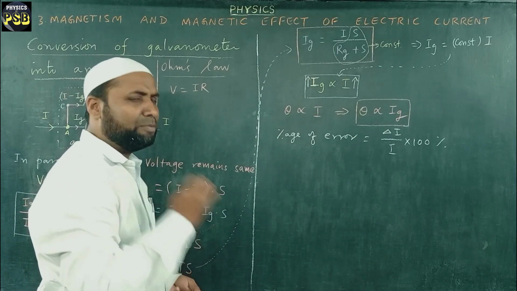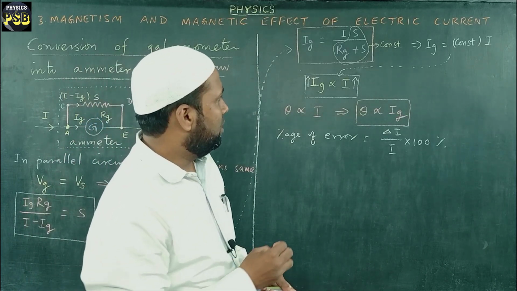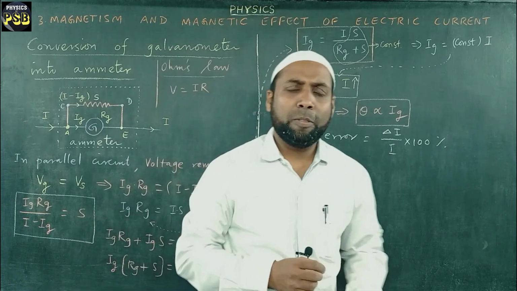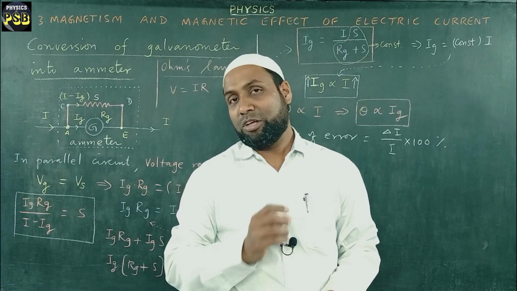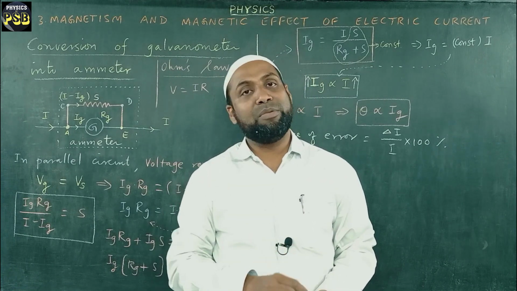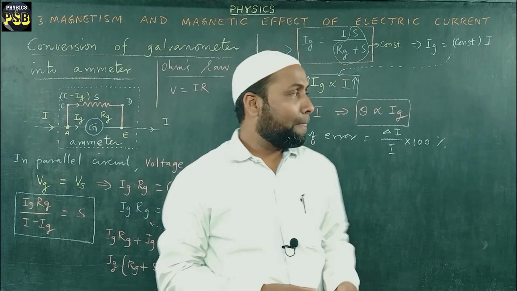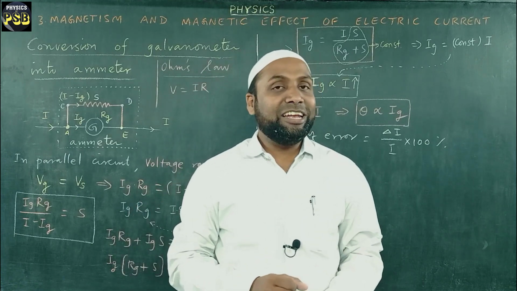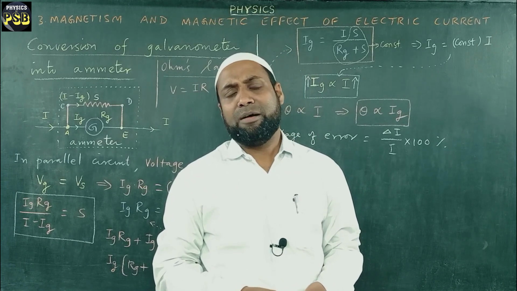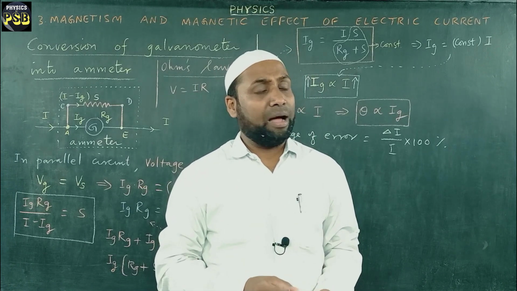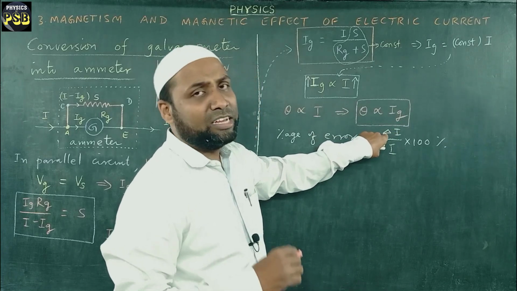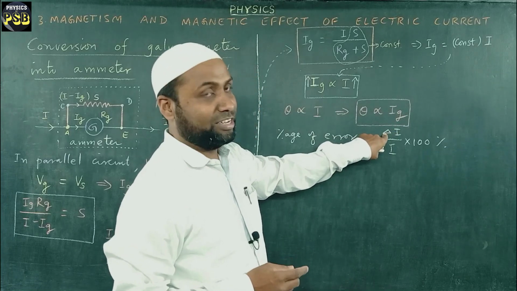Okay, suppose we have an ammeter which provides zero resistance to the flow of current, then such ammeter will be called as ideal ammeter. But it is not possible to make one such ideal ammeter. Okay,